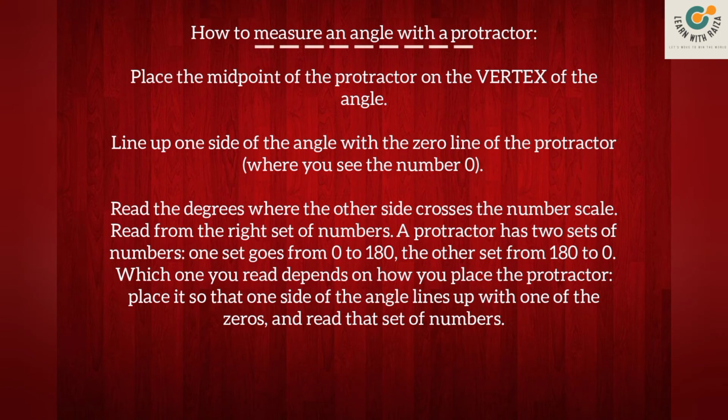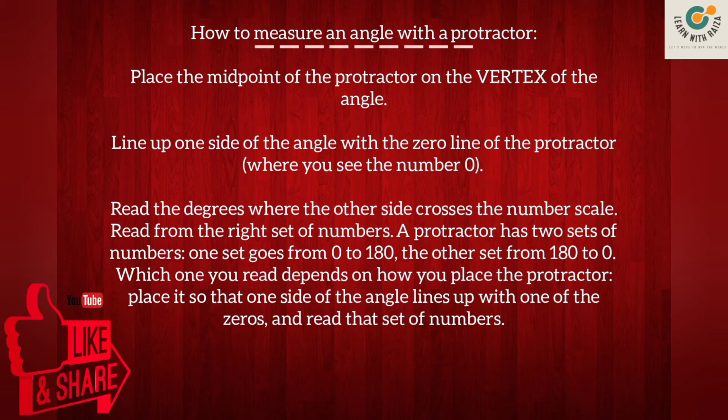Now let's see how to measure an angle with a protractor. There are standard units and instruments we use to measure distance, mass, time, and volume of liquids. You learned these things in grade 6 as well. Now we are going to learn about a standard unit and an instrument that we can use to measure angles. The standard unit used to measure angles is the degree. The standard instrument is called the protractor.